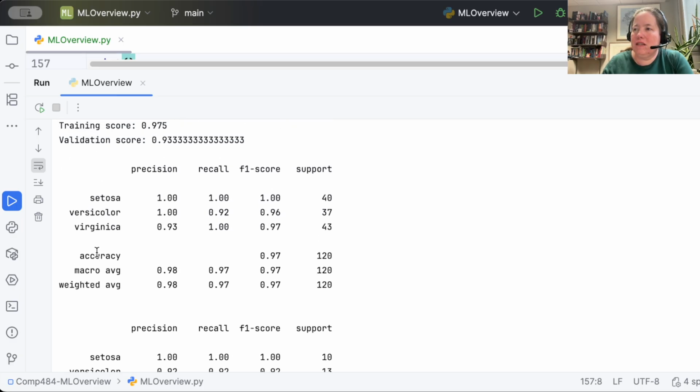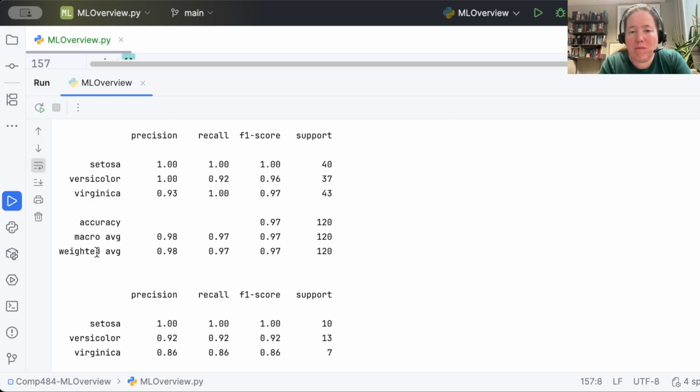All right, so here you can see the output of the classification report. It makes a nice tidy little table where it has calculated, for each of the different kinds of irises, the precision the model has on it. You can see that it's Virginica where it's getting the errors. It also does the recall. It calculates the F1 score, which is the harmonic mean of the precision and recall. Support, I think, has to do with how many examples there are for each category, but don't quote me on that. It's giving you the accuracy score here, and then it does these, which are averages over the three categories